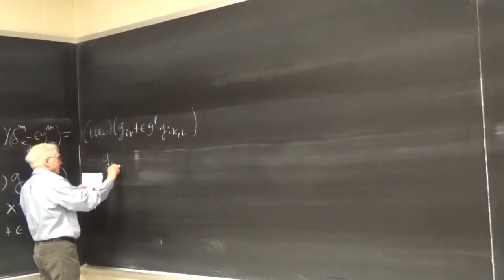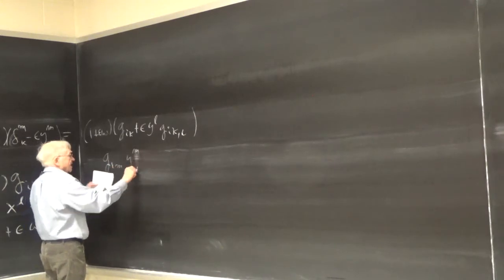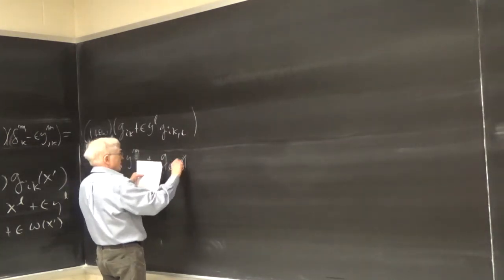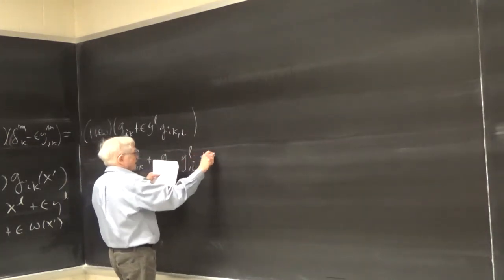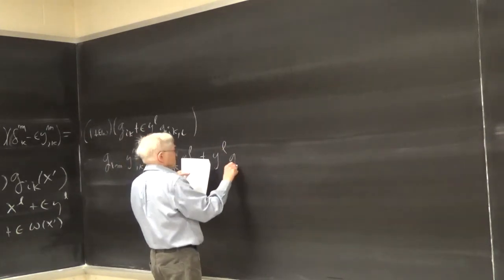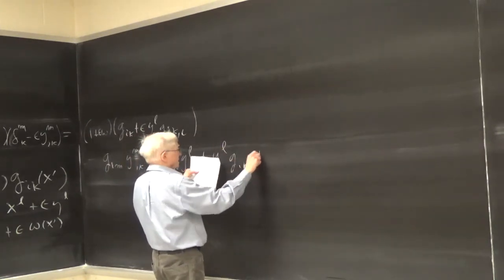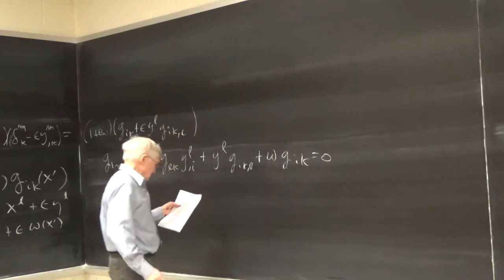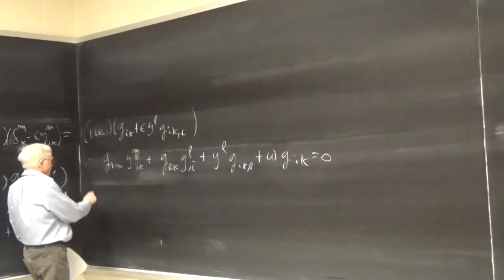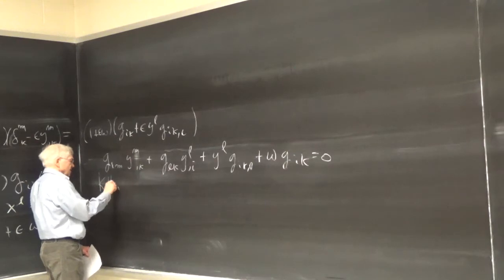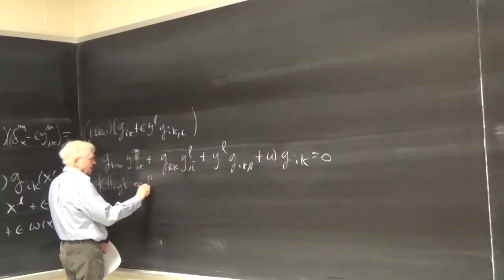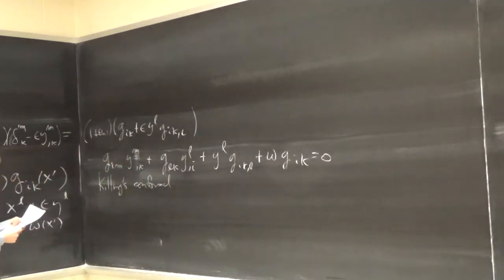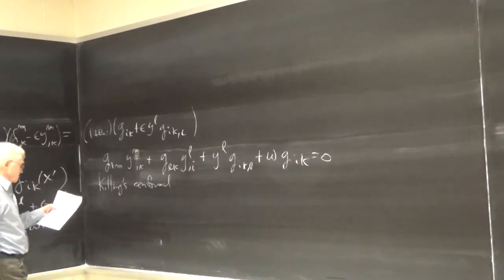We have the g_im y^m_{,k} plus g_lk y^l_{,i} plus y^l g_ik,l plus omega g_ik equals 0. So that's basically Killing's conformal condition. And now what you can do is you can multiply by g^ik,